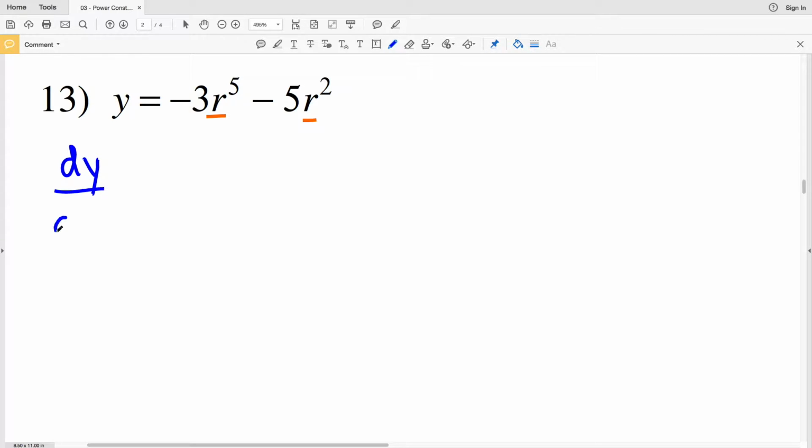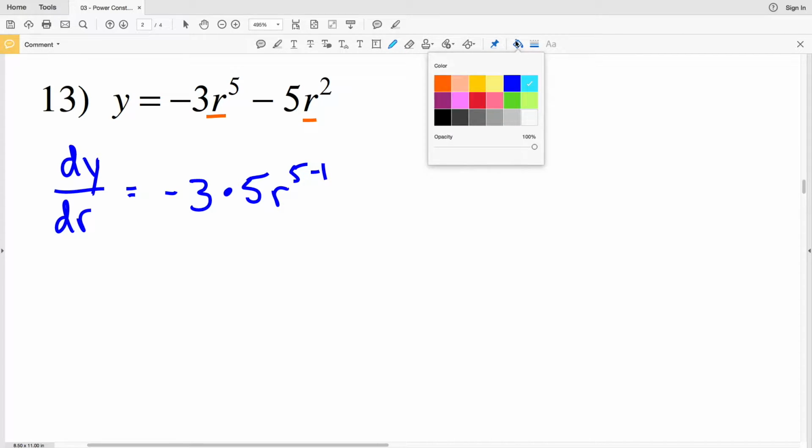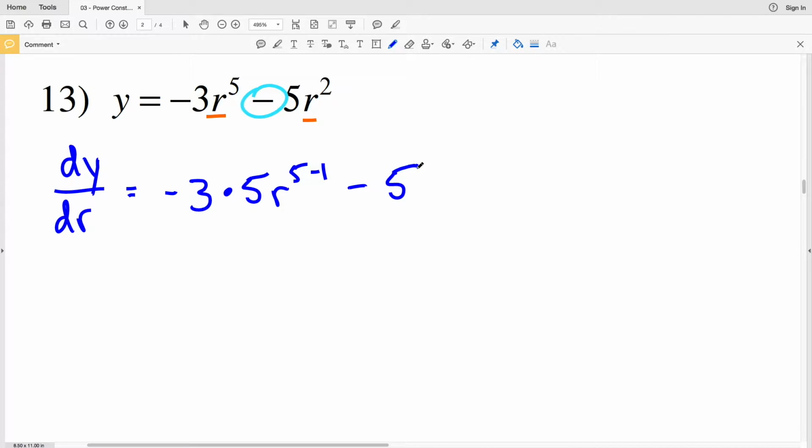So we'll have dy dr equal, using the constant multiple rule, I'll pull out that negative 3, and then the power rule, that's going to be times 5 times r to the 5 minus 1, and then sum rule, you can see we're subtracting, so really the difference rule, 5 times 2 times r to the 2 minus 1. So essentially, we're substituting x with r, and we're finding the derivative of y with respect to that variable r. So dy dr